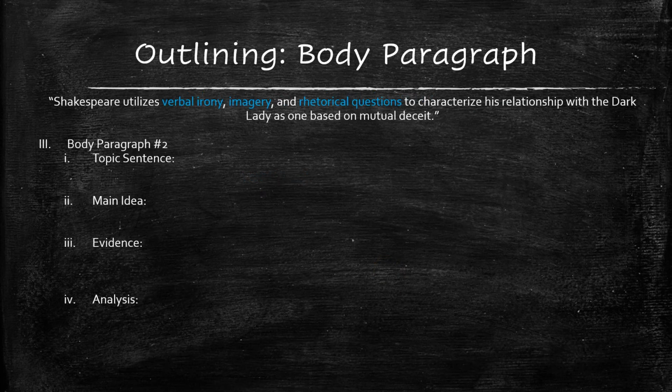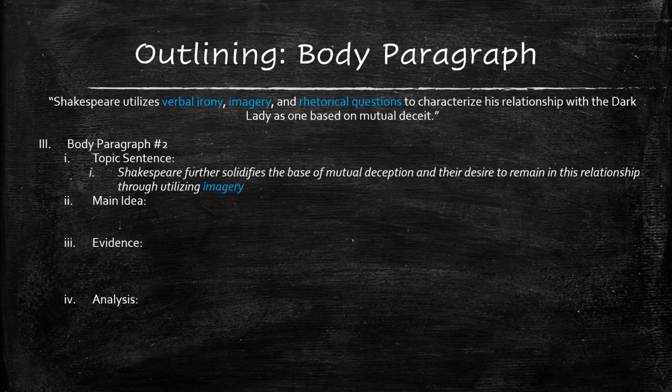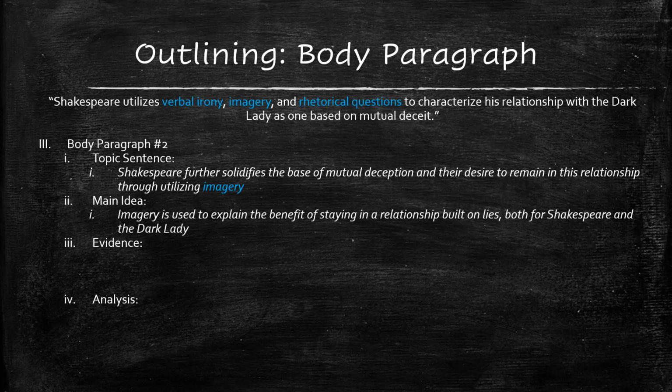Then I'm going to repeat this same structure when I go to body paragraph number 2, only now I'm going to use my second example of a literary device, which in this case is imagery. So I start with my topic sentence. I'm going to say that Shakespeare further solidifies the base of mutual deception and their desire to remain in this relationship through using imagery. Next, I jump to that main idea and I take imagery and I move it a step further. I'm going to say that imagery is used to explain the benefit of staying in a relationship built on lies, right? Because I need to explain why on earth either of these people would continue to remain with